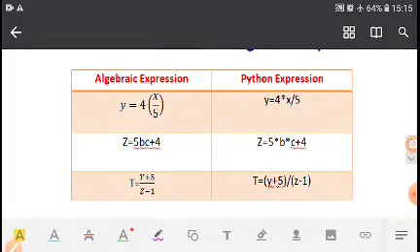Z equal to 5 into b into c plus 4. Between 5 and b there is a multiplication sign, and between b and c there is a multiplication sign, which means in Python we have to give this sign explicitly. Now students, you try to solve these mathematical expressions as Python expressions.